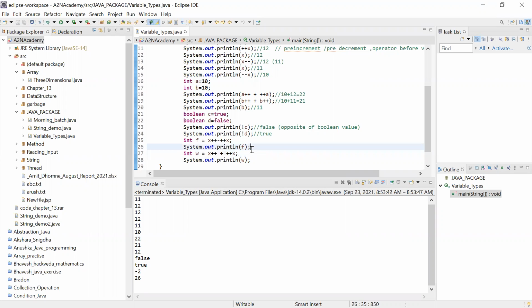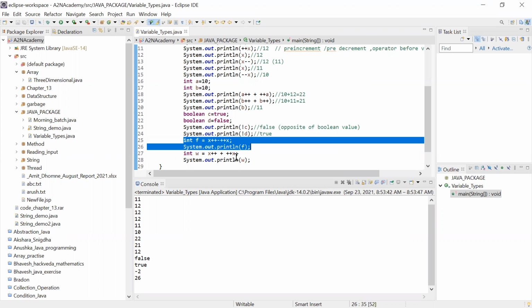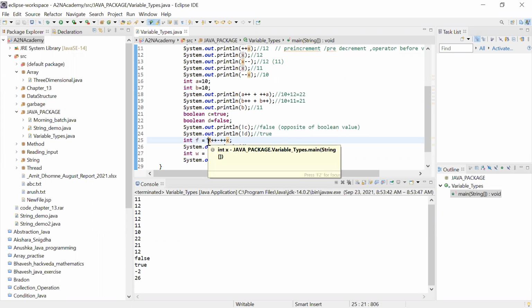And this is sometimes really confusing also, because now we have run this. So now the x value has changed here. Before, I was saying it was 22, but now, because we have run this, the x value got changed. Now what is the x value? Here, this is your post increment, so it will become 11.